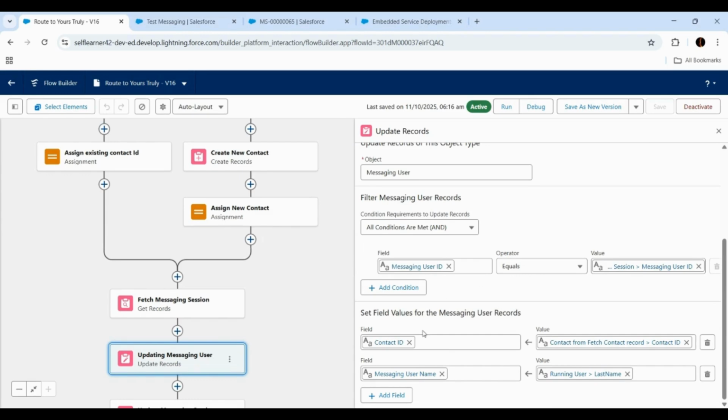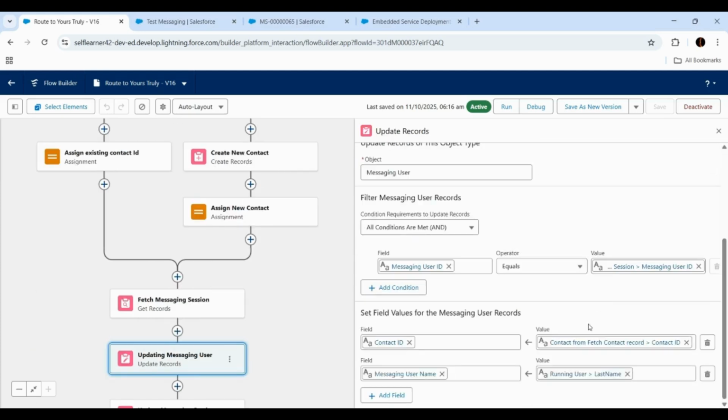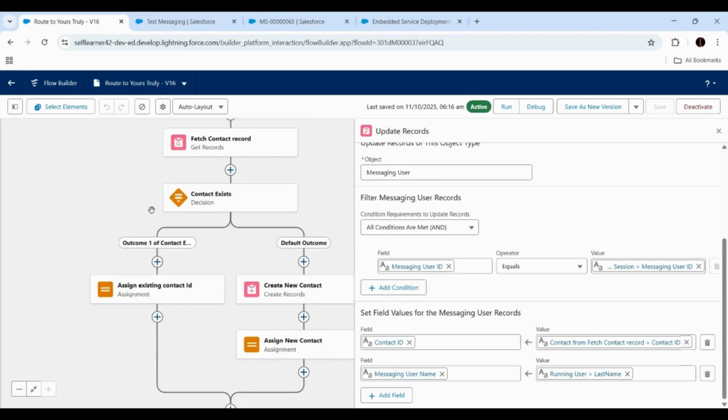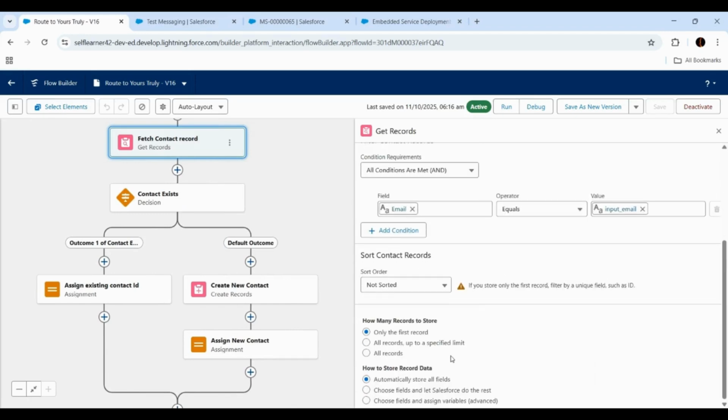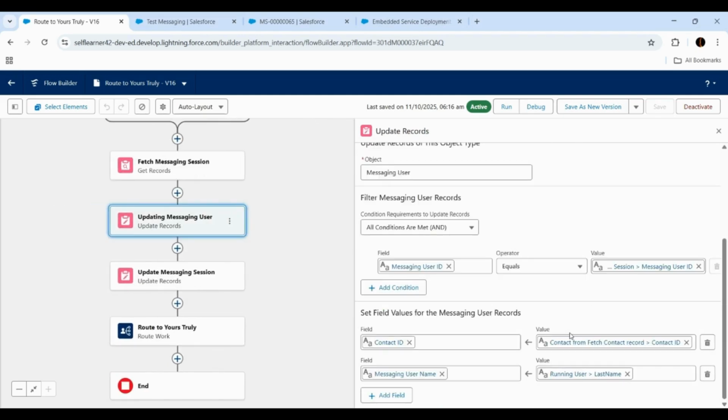And then what all fields am I going to set up? I'm going to set up contact ID to the ID of the contact which I found or which I have just created, which is going to be in this assign new contact step or creating a new record. So here we can see that we are using contact from fetch contact record. I'm going to use this ID for now